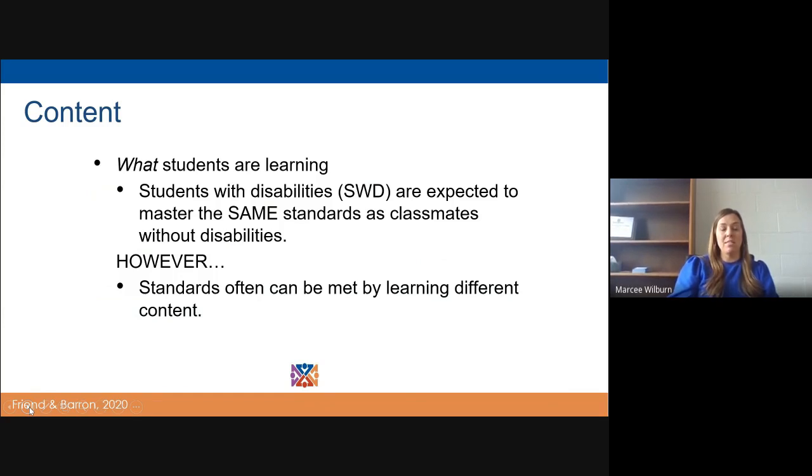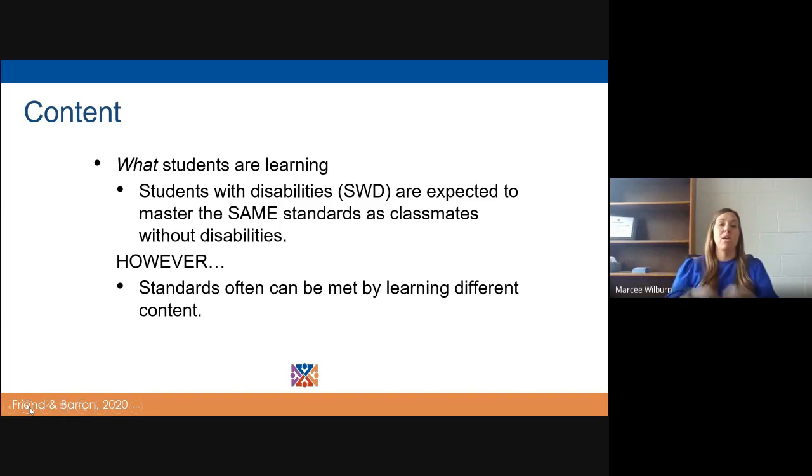So adapting the content is really adapting what students are learning. Just as we just talked about within the definition, students with disabilities are expected to master the same standards as their classmates without disabilities. Now, the nice part for special education teachers is the standards can often be met by learning different content. Always go back to what is the learning target when we're talking about designing instruction for students, because we're starting here and we need to get here, but the path we take might look very different,